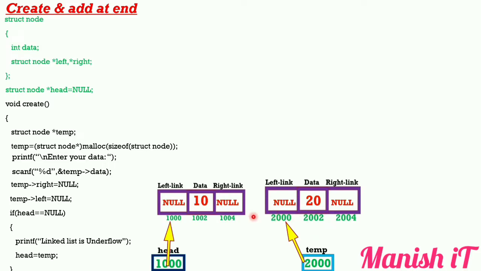But the thing here is that there is no connection in between the nodes. There is no connection by which we can travel from one node to another node. So how do we create a connection between nodes? Before that, we have to write our logic in the else part, because I have declared the if, and now I am going to declare the else part. The else part is nothing but the add at end part.